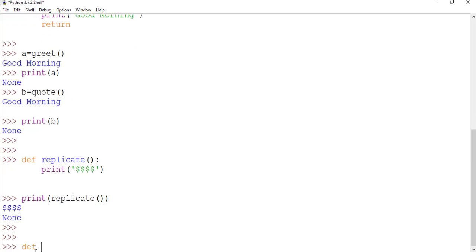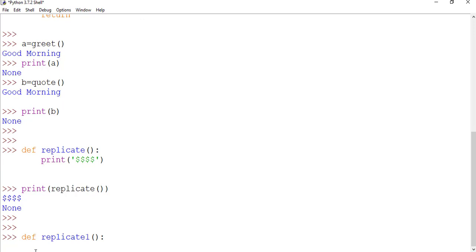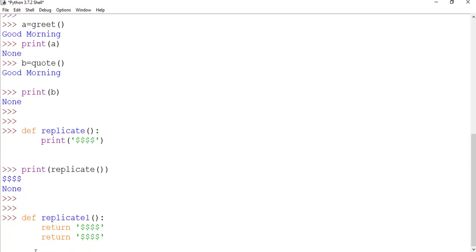Let us look at one more example. So what will this function print? See, this function will get called from here.